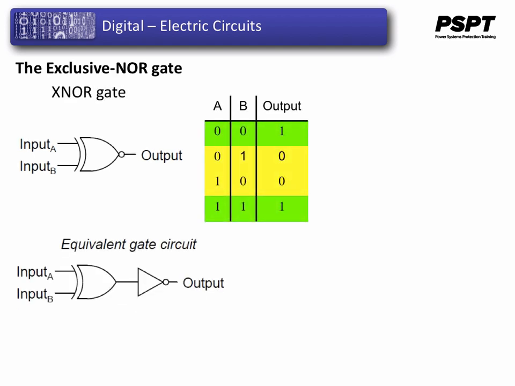Finally, our last gate for analysis is the exclusive NOR gate, otherwise known as an XNOR gate. It is equivalent to an exclusive OR gate with an inverted output. The truth table for this gate is exactly opposite to that of an exclusive OR gate. As indicated by the truth table, the purpose of an exclusive